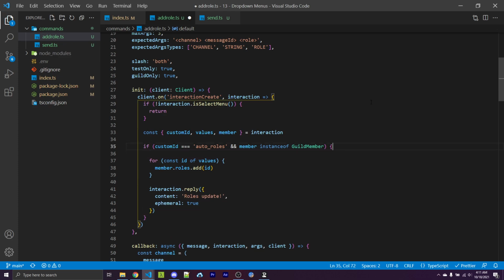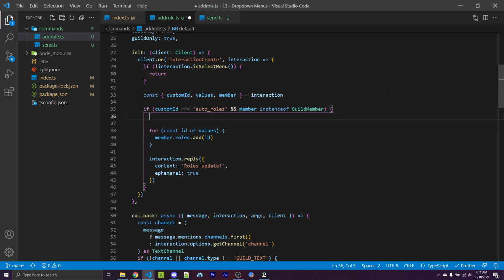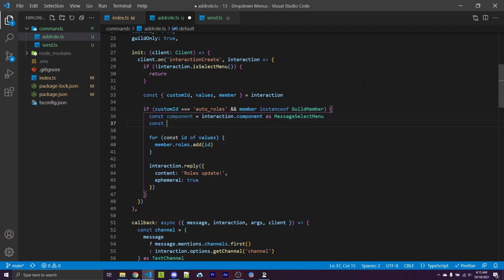So now we also want to make sure that we are going to remove roles that were unselected, because currently this won't do this by default. The first thing we want to do is to get all possible options of the selection menu component. So I'm going to say const component equals interaction.component. And if we're using TypeScript, we want to add in as MessageSelectMenu. If you're using JavaScript, you can ignore this part here. So now I'm going to create an array called removed. And I'm going to set this equal to